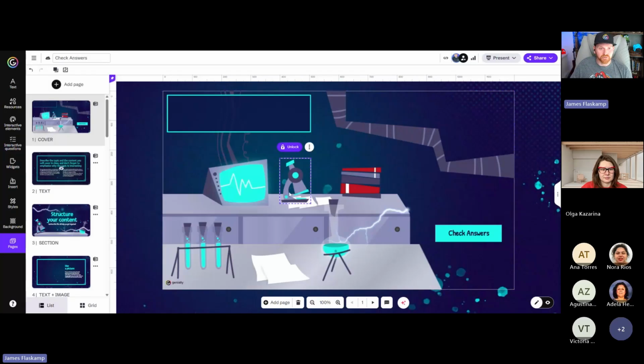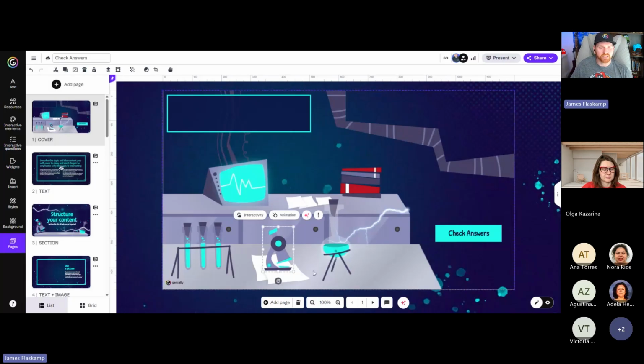So let's say that this microscope is what I want to drag and drop. I'm going to unlock it first and foremost, and put it in its starting position. Let's say I want it to start right there, but then I want it to be draggable by my students. Well, all I need to do is select it like I have here, and then up here at the top, you can see there's a little hand icon, which says turn on dragging in view mode. So I'll click that. The hand turns purple. That means that this is now draggable in view mode.